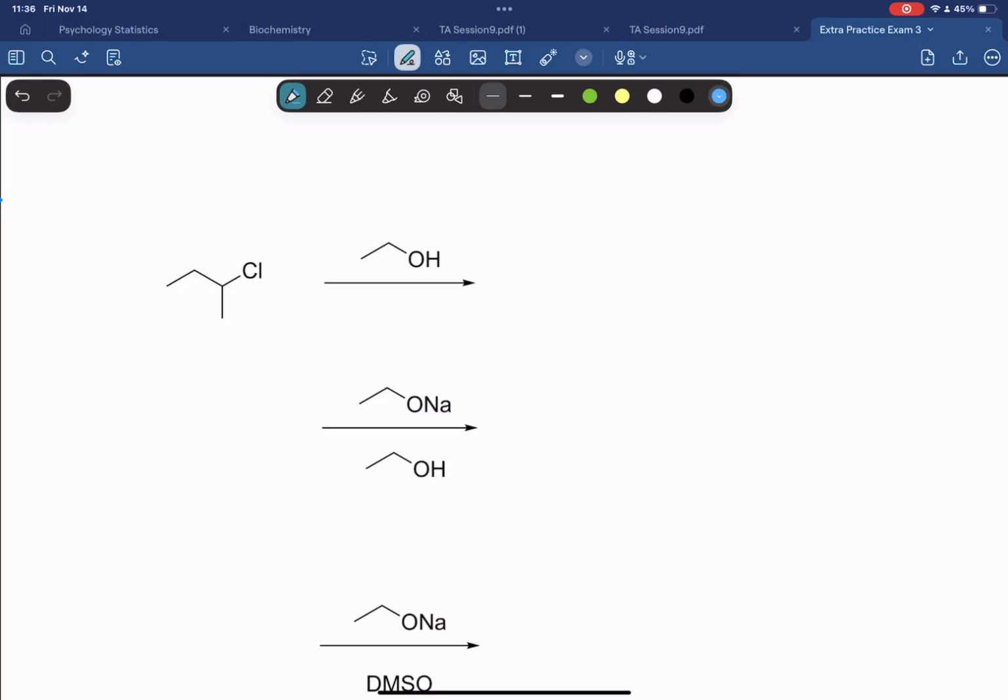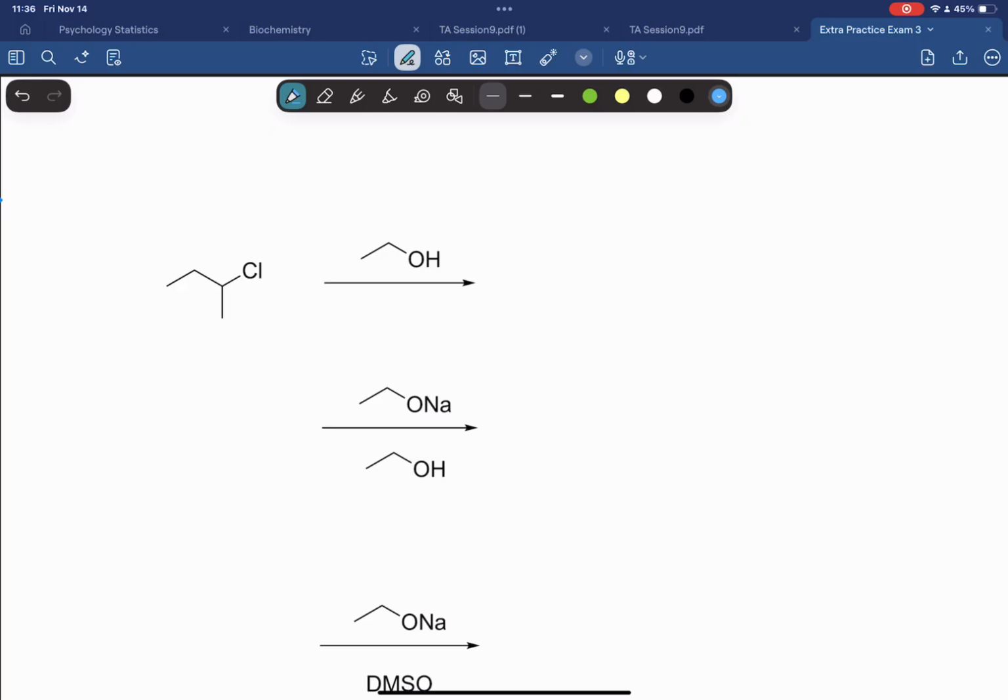So the very first thing, let's go ahead and get started. The very first thing we're going to do is look at our substrate, our alkyl halide, and determine whether it's primary, secondary, tertiary, or methyl. In this first one, we see it to be a secondary alkyl halide. So this tells us that this reaction can go in 2 ways. Secondary can either go through an SN2, a bimolecular reaction, or through a unimolecular reaction. So it doesn't really narrow down much for us, which is why we move on to the next criteria,